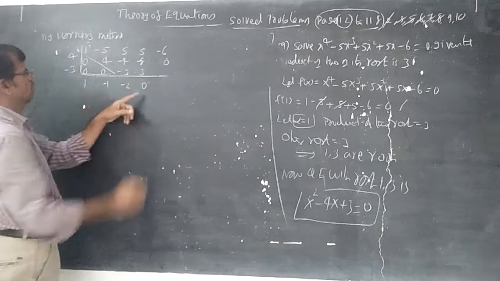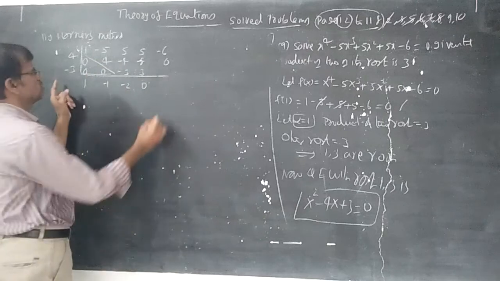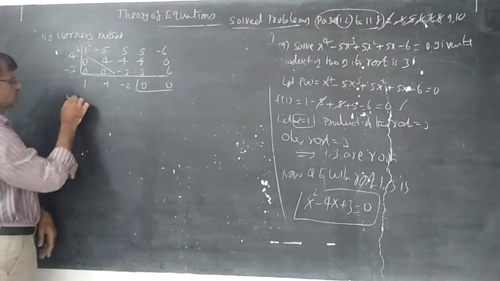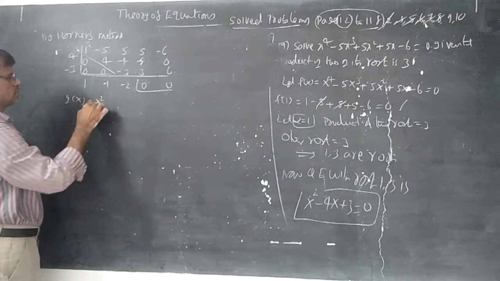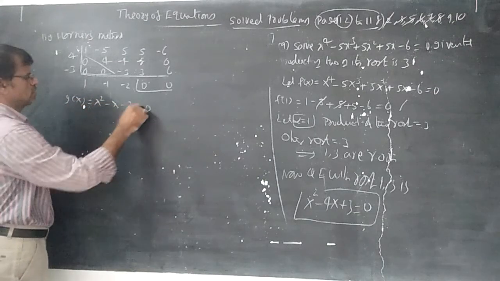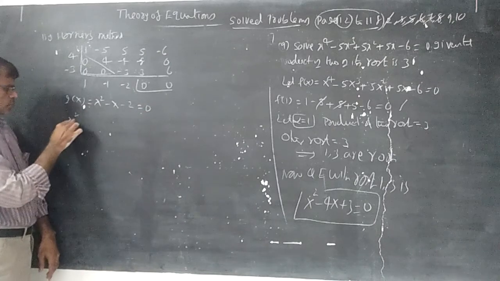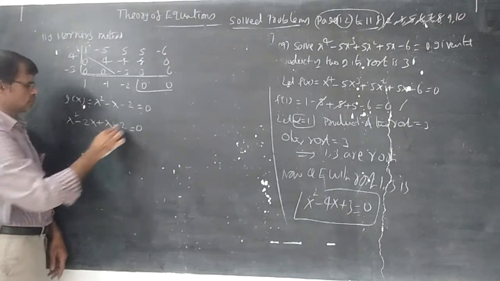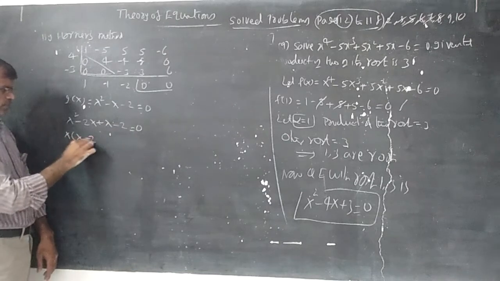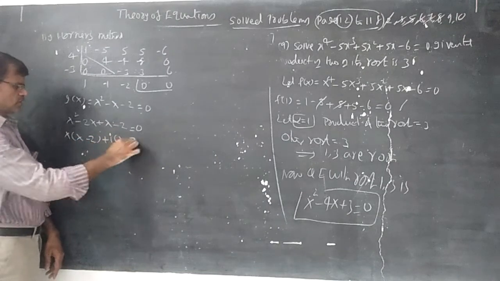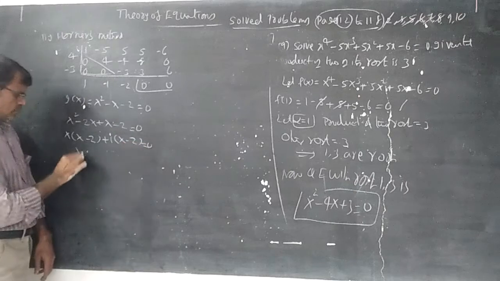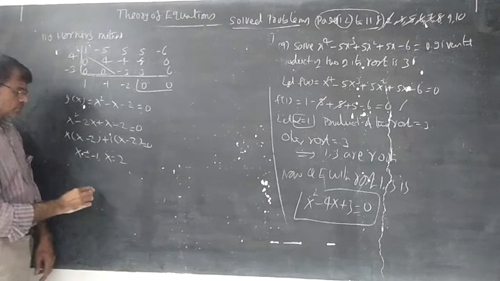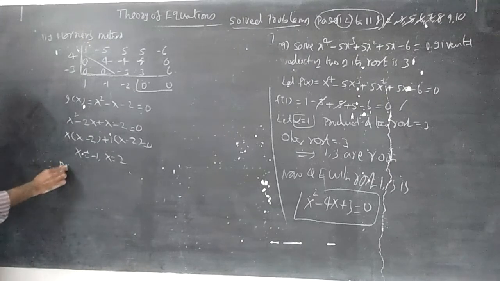This is 0. Of course, 0 into 4, that is 0. Minus 2 into minus 3 plus 6, this is 0. Now you can write g of x. g of x is equal to x square minus x minus 2 equal to 0. So x square minus 2x plus x minus 2 equal to 0. x taken common, x minus 2, plus 1 taken common, x minus 2 equal to 0. So x is equal to minus 1, x is equal to 2. Therefore, roots are